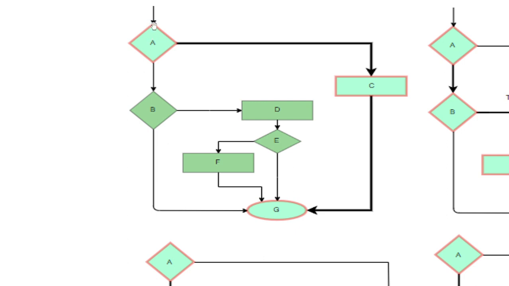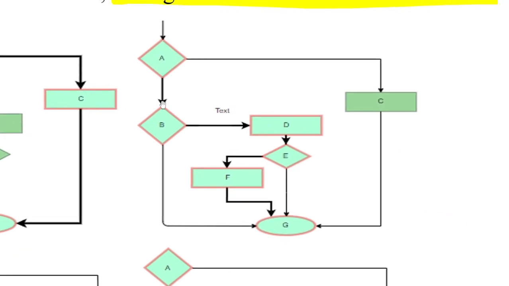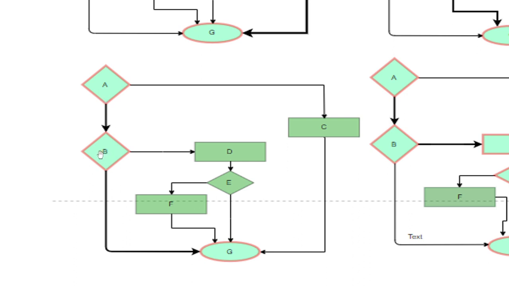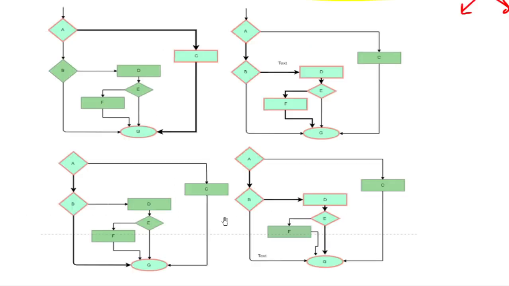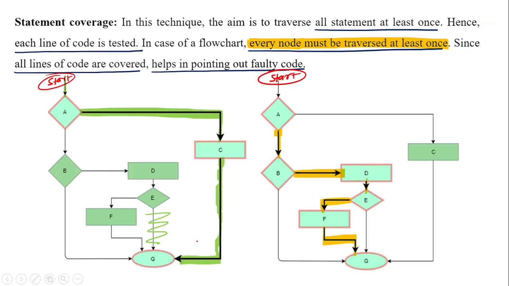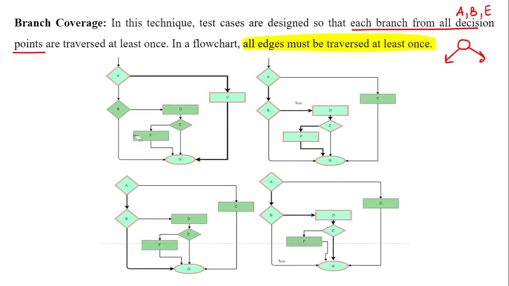So this is there. From A we went to C, and then from C we went to G. So we have covered this branch. Okay. Then A to B, B to D, D to E, E to F, F to G. Second one done. Now we have A to B, B to G. This part. And then here we have A to B, B to D, D to E, E to G. So as you can see, there are 4 cases. But in the previous case, there were only 2 cases. Why there were only 2 cases? Because in 2 cases only we have traversed all the nodes. But here we have to take 4 cases because we have to traverse all the edges.